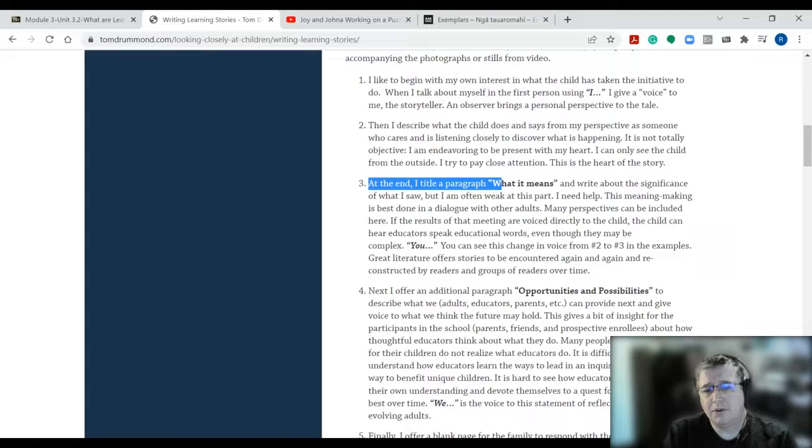Okay. Then we're going to get into opportunities and possibilities. I want you to have that subtitle there as well, the opportunities and possibilities. Okay, and it could be bold just like this. But the opportunities and possibilities is something that you're going to think about what you could do next. This one is the we in this voice, so I wonder what we could put out, or I wonder what would happen if we put out